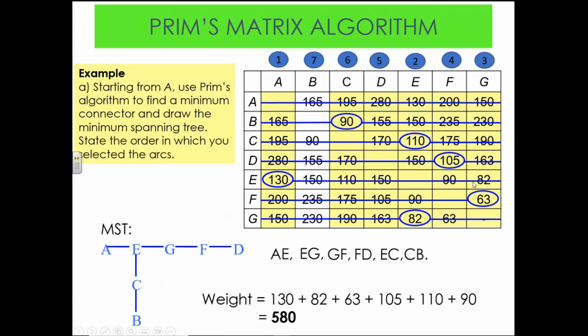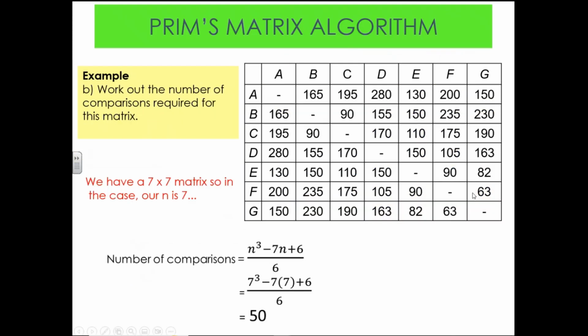Your minimum spanning tree, you might have done yours a bit more zigzaggy than this, but they've done it in a straight line. That's fine. Make sure you list the arcs, and it doesn't ask for it, but add up the weight. It also asks within this question for the number of comparisons. This is you using the formula from the previous page. Our n is 7. It's 7 nodes, so you put 7 in there, and you get